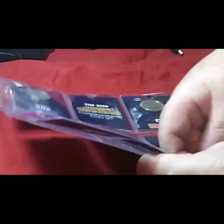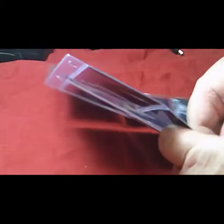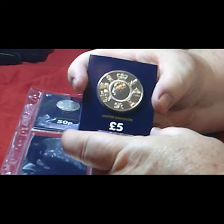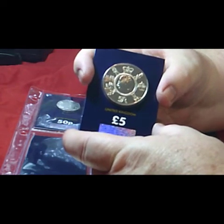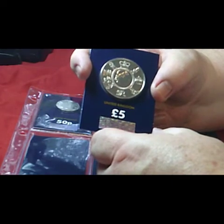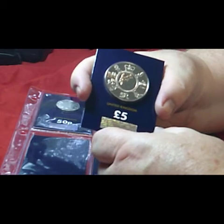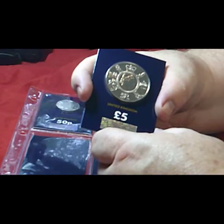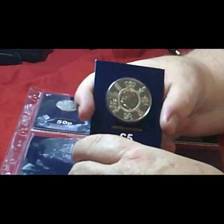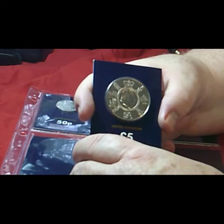The last one in the set, of course, is the £5 coin for this year, if I can get it out. And it's celebrating the longest reigning monarch prior to our current Queen, Elizabeth II. It is George III. I do like the design of this coin with all the royal heraldic emblems and the palaces etched onto it. I think it looks